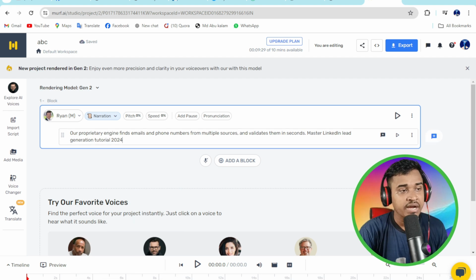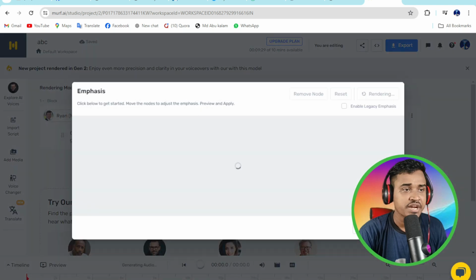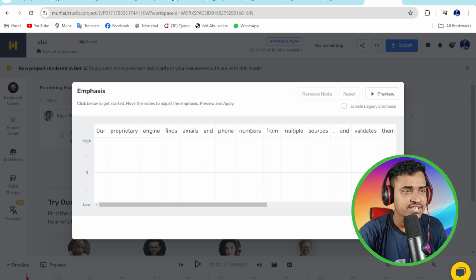So I already added a paragraph. Our proprietary engine finds email and phone numbers. This is my paragraph. So I want to click just process. Just click on here. Then you can see a remove node or reset and rendering option. So this is loading. I'm waiting a few seconds. You can see our proprietary engine finds, and now just click on